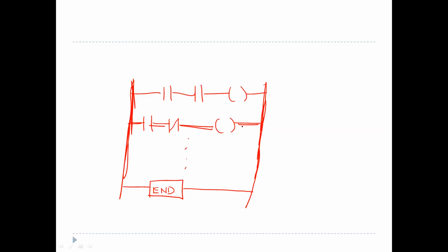Each rung should begin with an input and it has to end with an output. Similarly, a rung can have any number of inputs, but it should have only one output. These are the rules which you have to keep in mind while drawing a ladder diagram. While finishing a ladder diagram, to indicate that it is over, you can draw a box like this and write END within that. This box is usually used for specifying any special instructions.